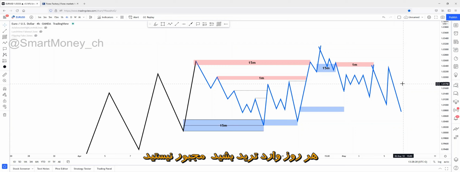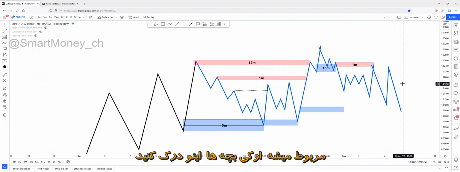You don't have to trade every single day. You don't have to trade every single opportunity. You want to trade the highest probability opportunities, because this is what this game is about. The success of a trader isn't determined by how many trades he or she is opening. It's determined by how patient he or she is. Okay, guys, just understand this. Always wait for the best setup. Always wait for the best confirmation.